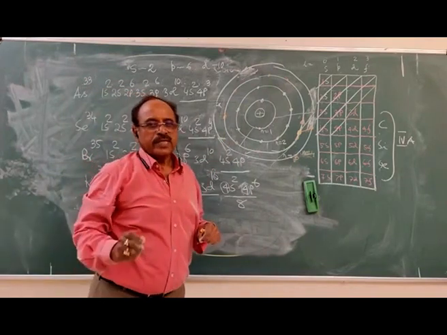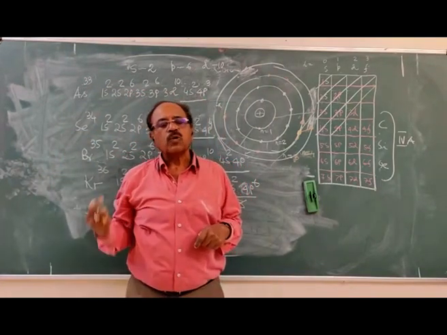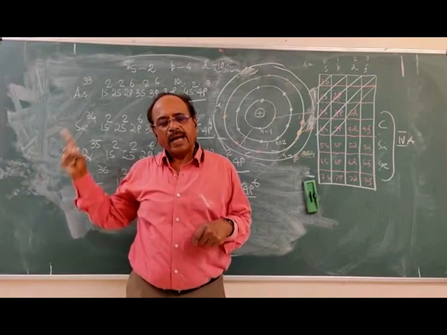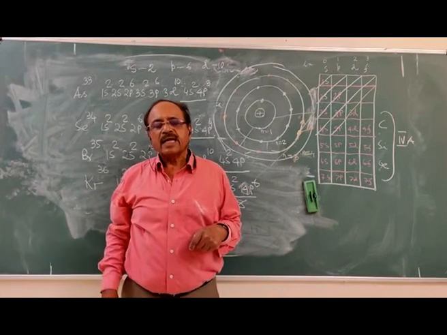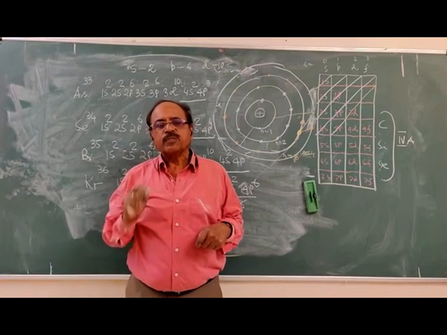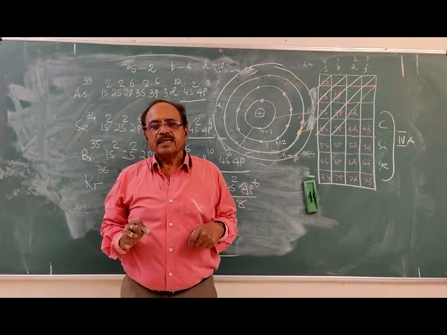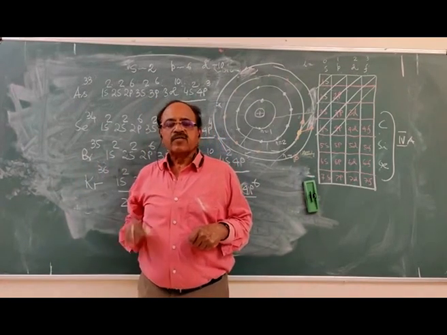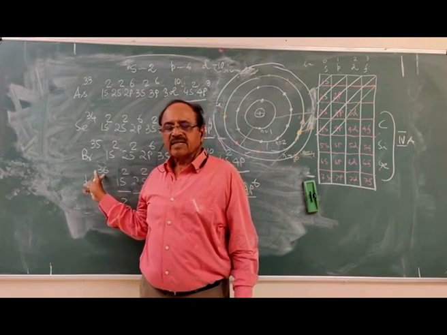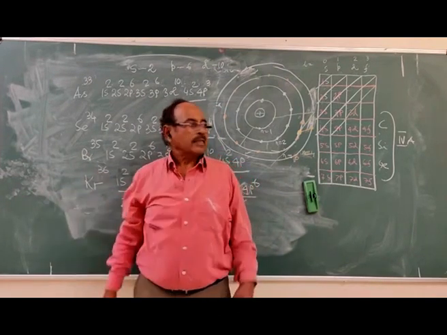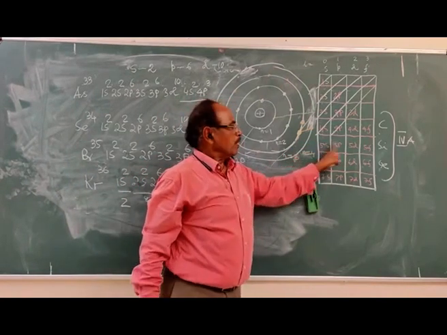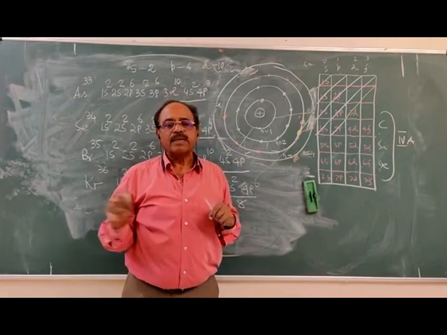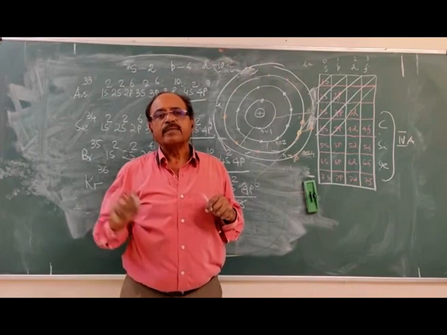So this is filled up. Children, go through this configuration, go through Aufbau principle, go through Hund's rule, and see my video on valency and radical. Tomorrow right at 4 p.m. I will have again the live class on electron configuration, where you will start from atomic number 37. We will go to the 5th period and complete the 5th period, then complete the 6th period. I will complete what are S block elements, P block elements, D block elements, F block elements in my next class.